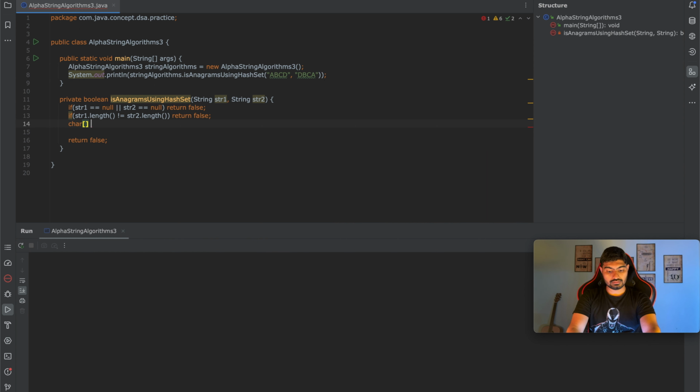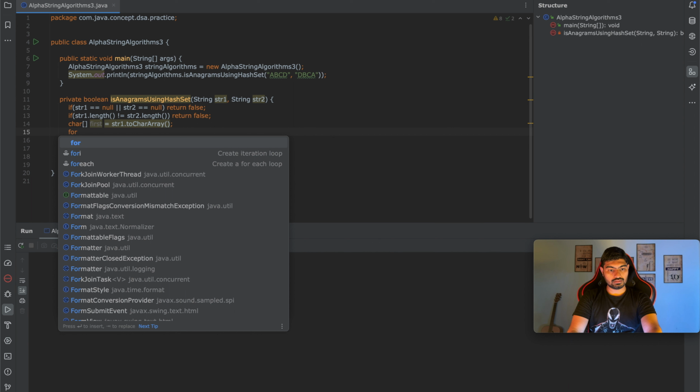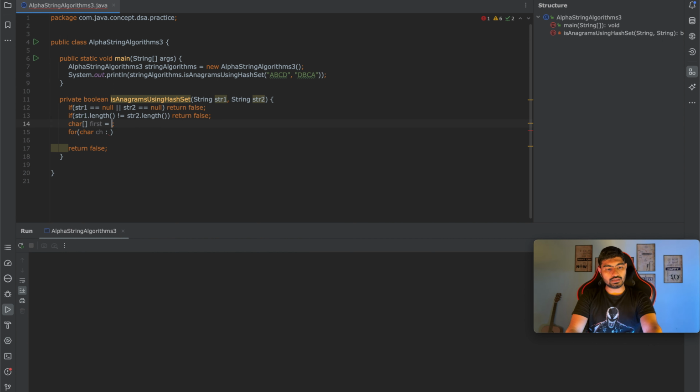Character array first is equal to str1.toCharArray, and what we want to do is, for each of the characters in this character array,